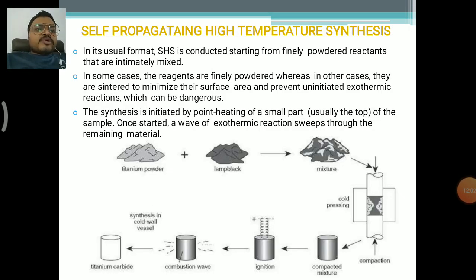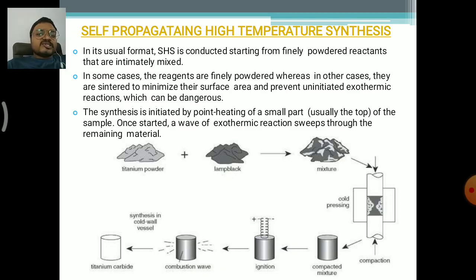Next one is the self-propagating high temperature synthesis, SHS. In SHS, it starts from finely powdered reactants that are intimately mixed. So we are using different types of compounds here in powder form. Fully powdered structures are used, not a solid or liquid piece. When we consider them as powders, we mix the powders together. In some cases the reagents are finely powdered, whereas in other cases they are sintered to minimize